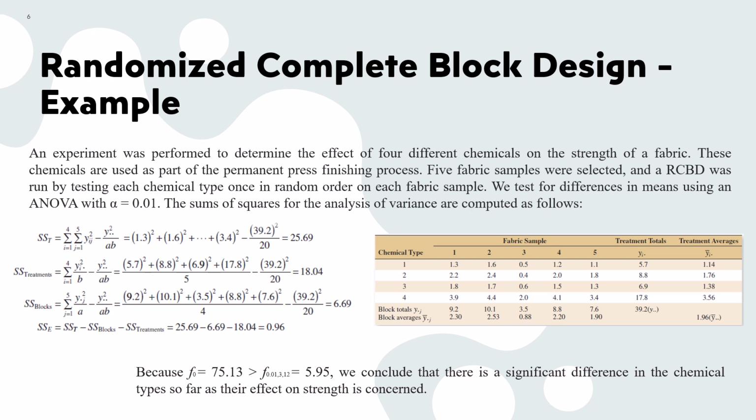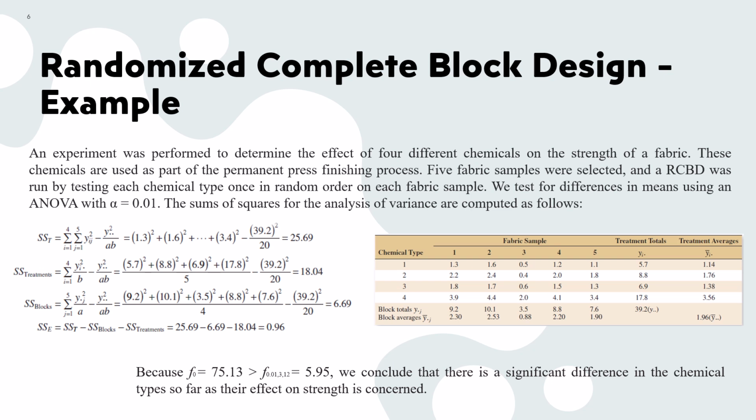each fabric sample. In order to conduct ANOVA manually, we need to find the total sum of squares, the treatment sum of squares, the block sum of squares, and finally the error sum of squares. Knowing that we have 4 treatment levels and 5 blocks, we can find the mean squares for treatment, block, and error. Last, we can find the F-test statistic by reporting the ratio of mean square of treatment and mean square